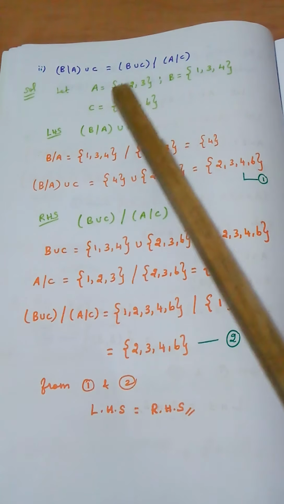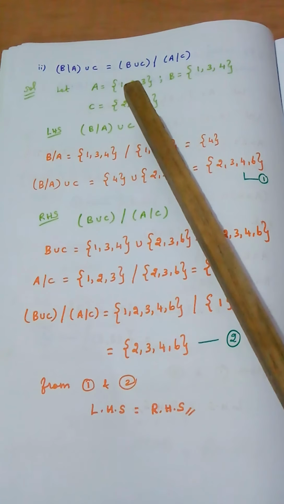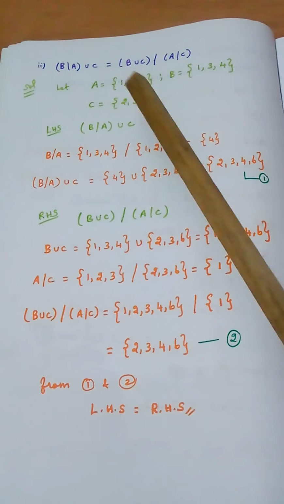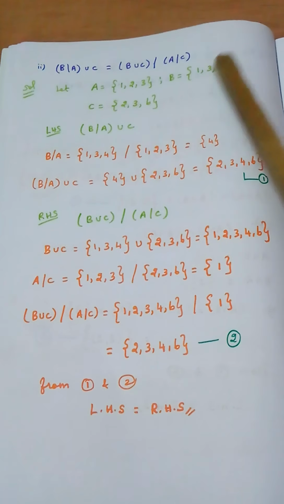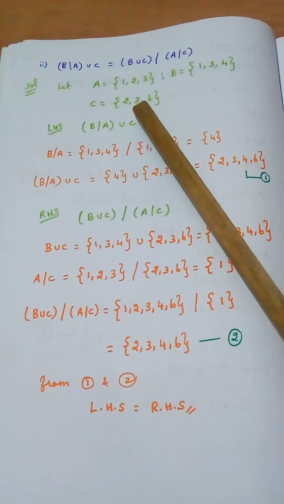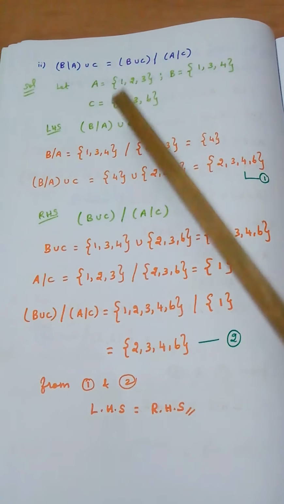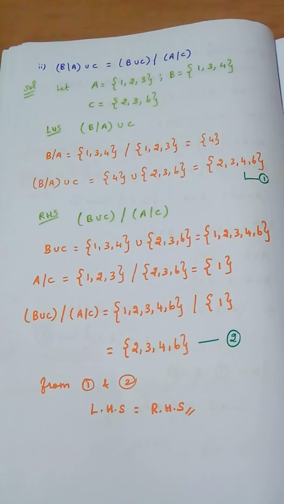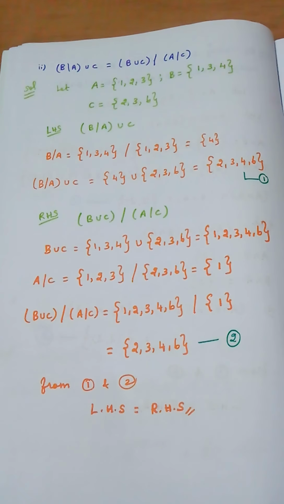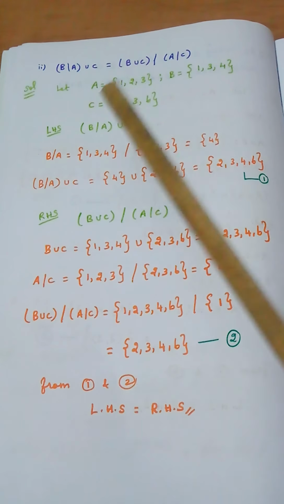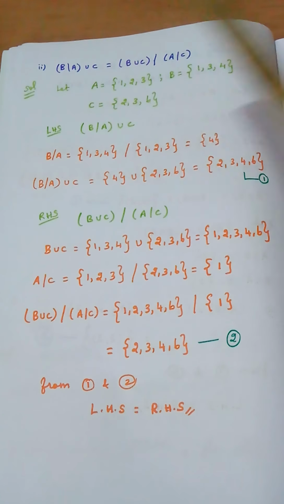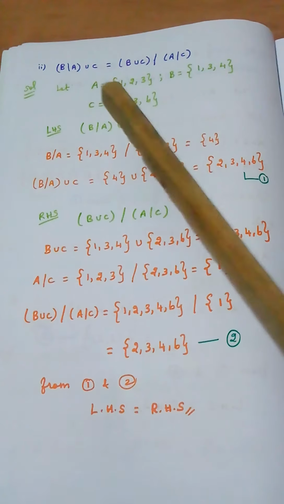Here also we have taken our own sets A, B and C. I have taken some numbers: 1, 2, 3; 1, 3, 4; 2, 3, 6. But just in my mind, I have taken one element common in all of them: 3, 3, 3, like that. Simple logic. It is not always necessary to do that. You can take any three sets of your own, right? I have taken like this. You can take your rough notebook, take some other elements and do this sum. Try and get the answer.